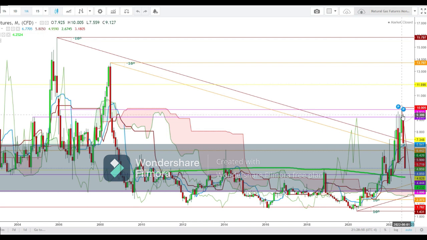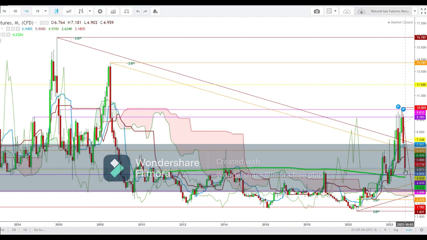But here you can see that how we have seen a sharp downward move to continue since September 2022, and this steep slide is still continue, and the natural gas futures are currently trading at the lows of $4.959 after testing a low at the levels of 4.903 on last Friday.